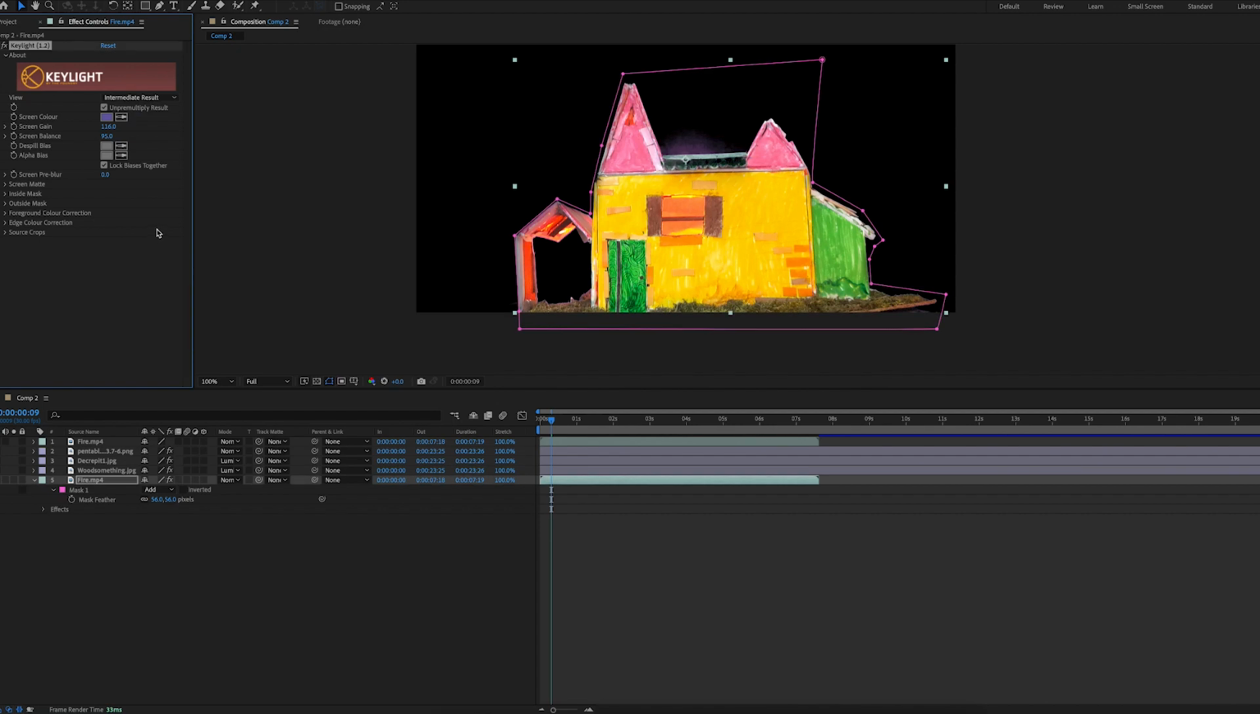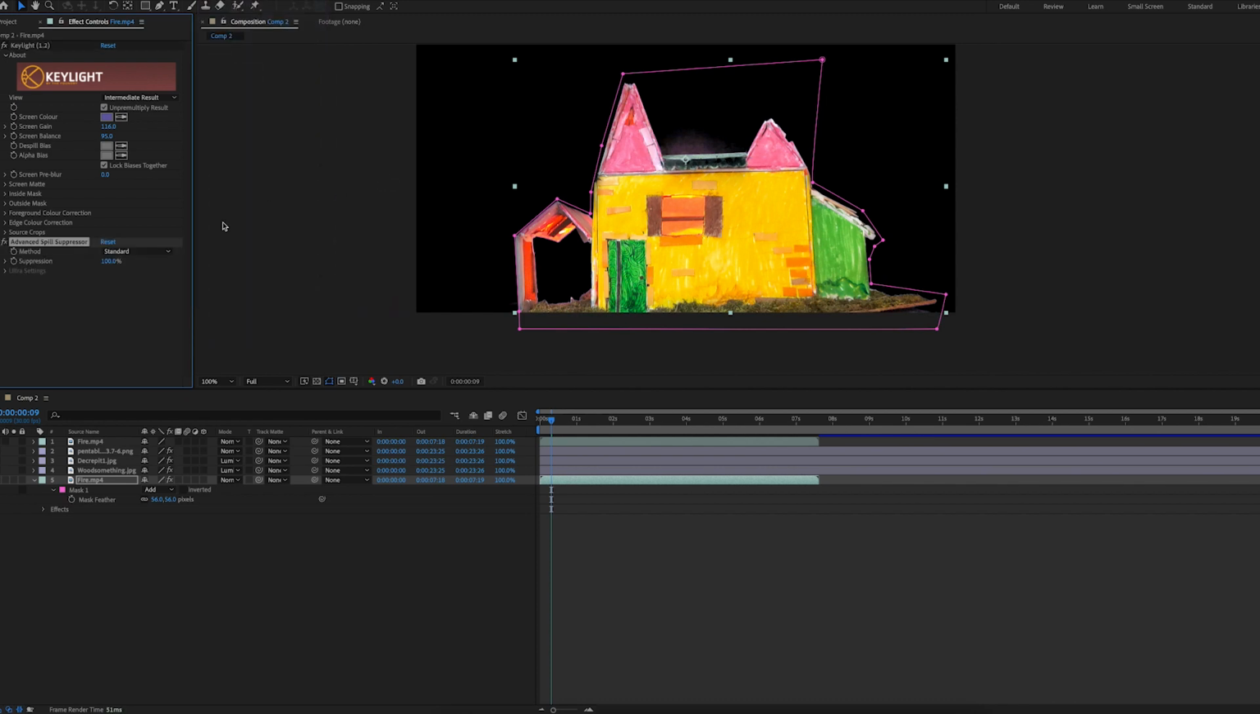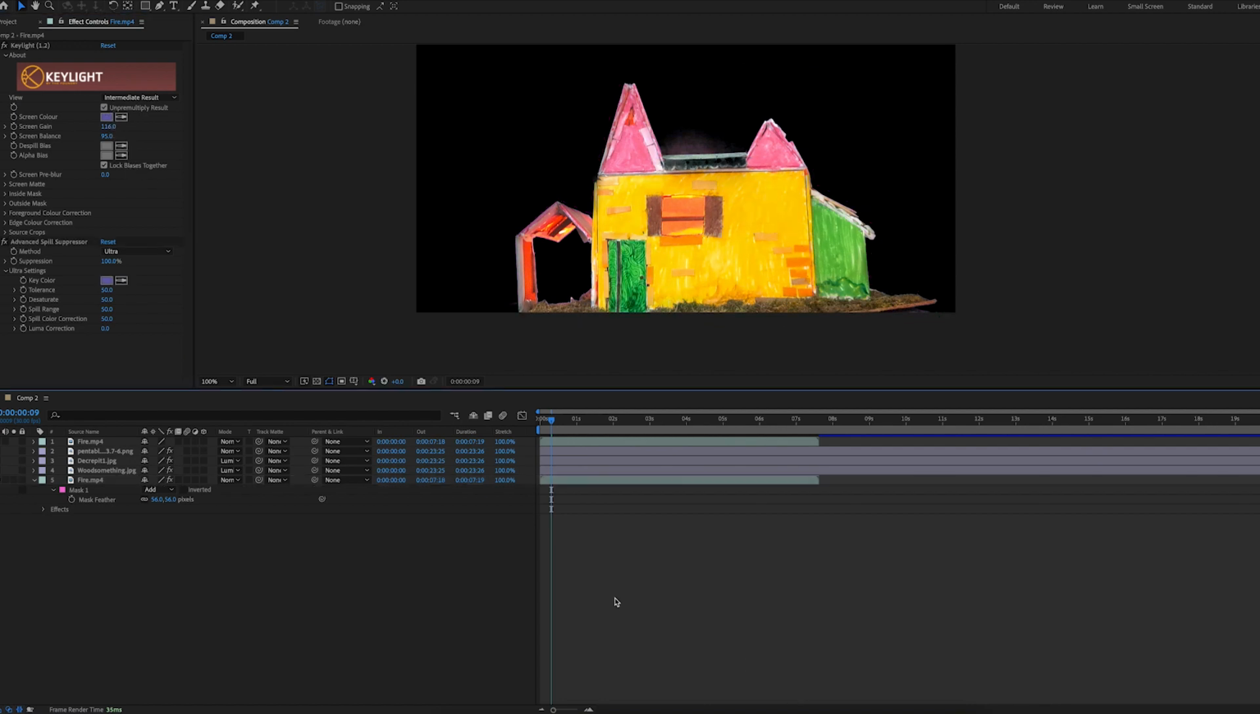You usually can switch it to intermediate result and then go to keying, advanced spill suppressor, go to ultra and set the color to the color that you're keying, and that should help. Anyway,